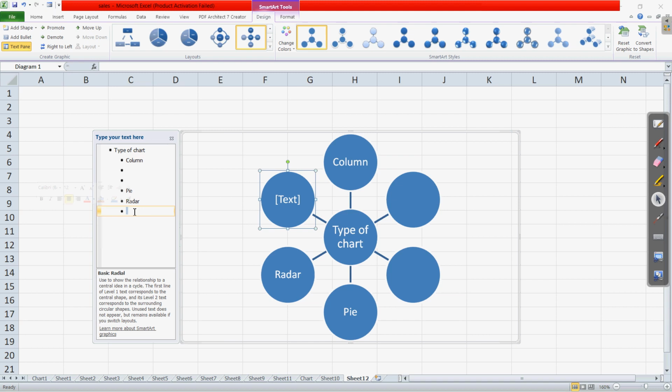Clear? So radar chart, pie chart, column chart, line chart, then others which are left, we can write donut, then okay, spelling is incorrect.